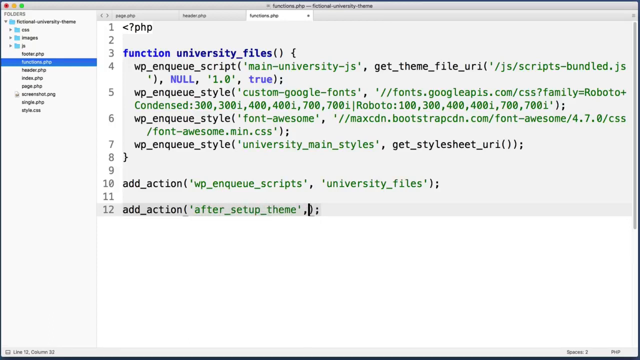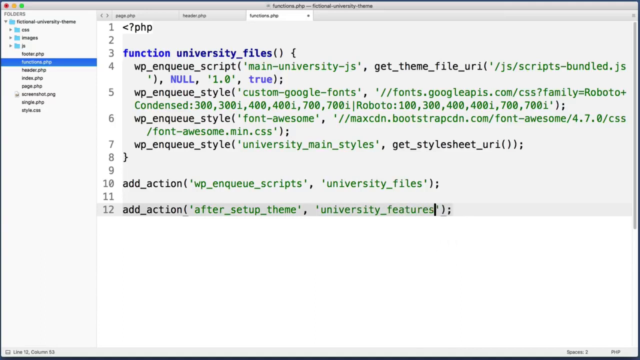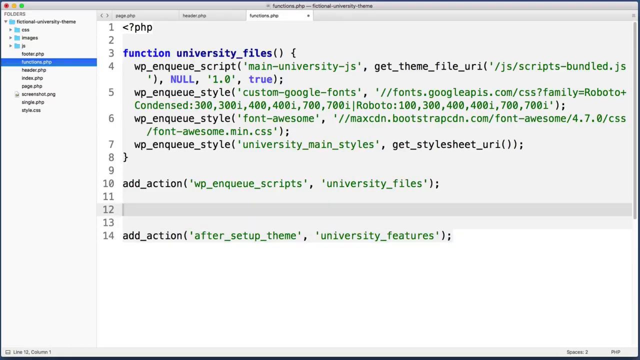And then let's pass this function a second argument. This is just the name of a function that we are going to invent in about a second or two from now. So we get to make up this function name. Let's name it university_features. So we make up a name and then we just have to create a function with that name. So right above this new line that we just wrote, let's create a new line and say function. We want to create a new function. We want it to be named university_features,